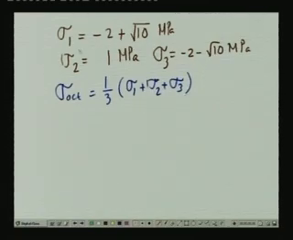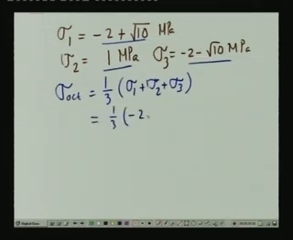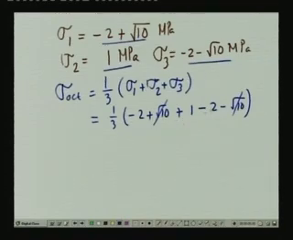So, here the values of sigma 1, sigma 2 and sigma 3 are given. So, this is equals to 1/3 times minus 2 plus root 10 plus 1 minus 2 minus root 10. So, this gets cancelled. So, minus 4 plus 1 is minus 3. So, this is equals to minus 1 MPa. So, this is the value of sigma octahedral, or the normal octahedral stress, and for tau octahedral we compute